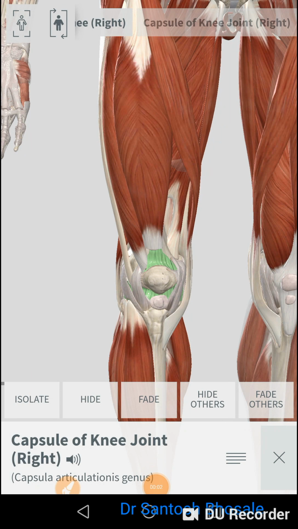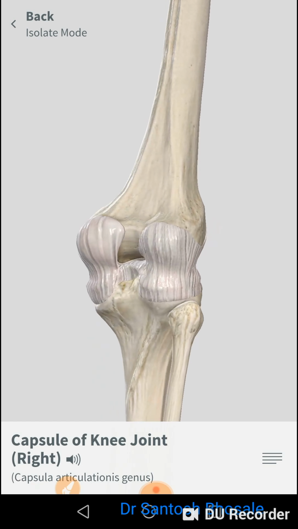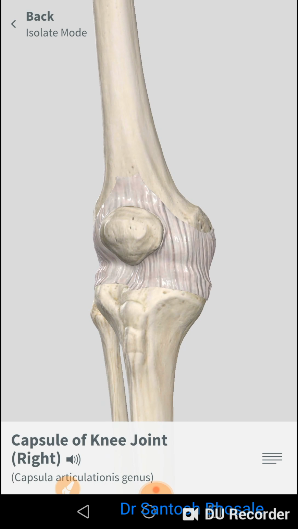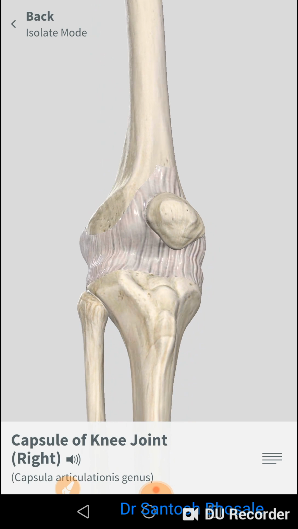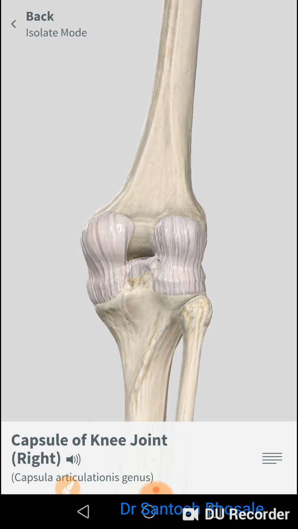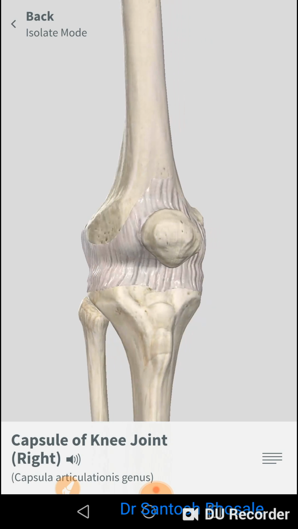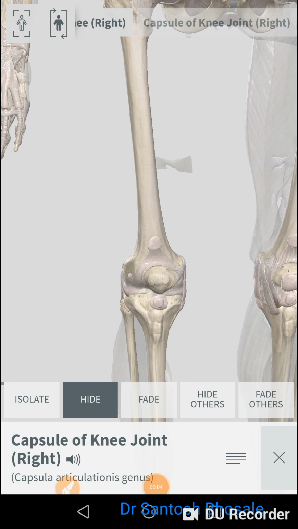Removing all the ligaments, you can see the capsule of the knee joint here, which is attached along the outer line of the articular surface of the patellar surface and tibial surface. You can see here, this is the capsule of the knee joint, and when you remove the capsule, you can see here